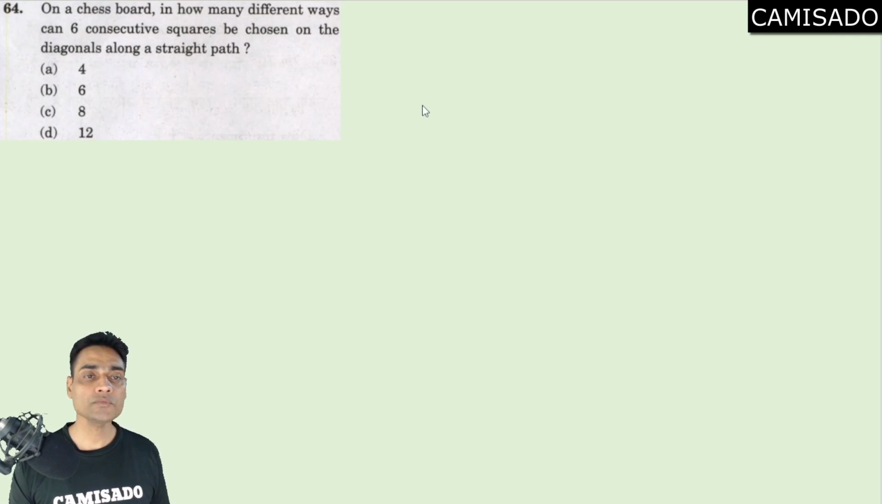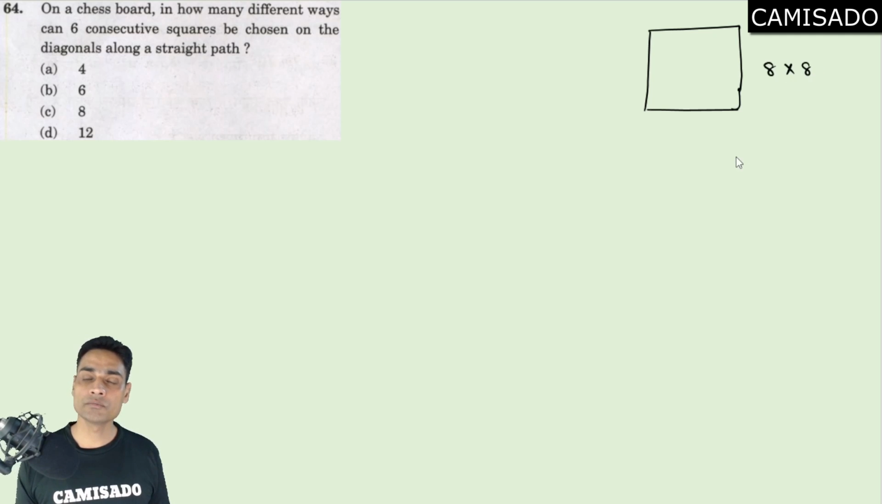Next, on a chessboard, in how many different ways can 6 consecutive squares be chosen on the diagonal along a straight path? See, a chessboard is made up of square boxes, and we have 8 cross 8, meaning 64 square boxes in the chessboard. Now these two are diagonals basically. If you remember a chessboard, I am just trying to make the diagonal part of the chessboard. This is your 1 box,